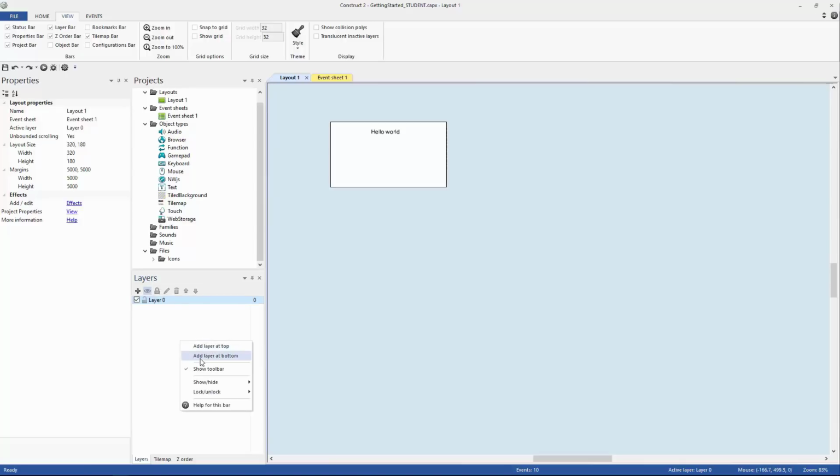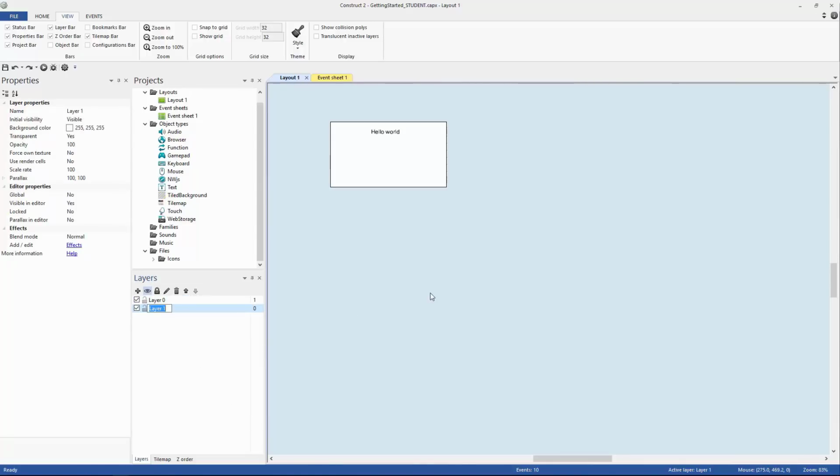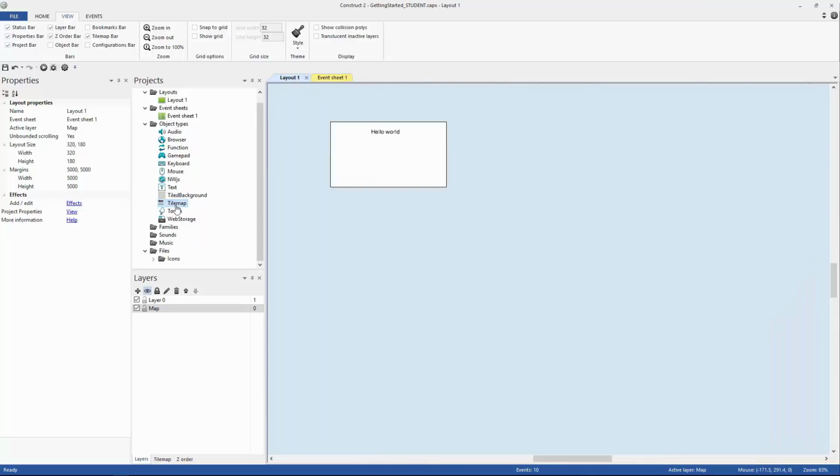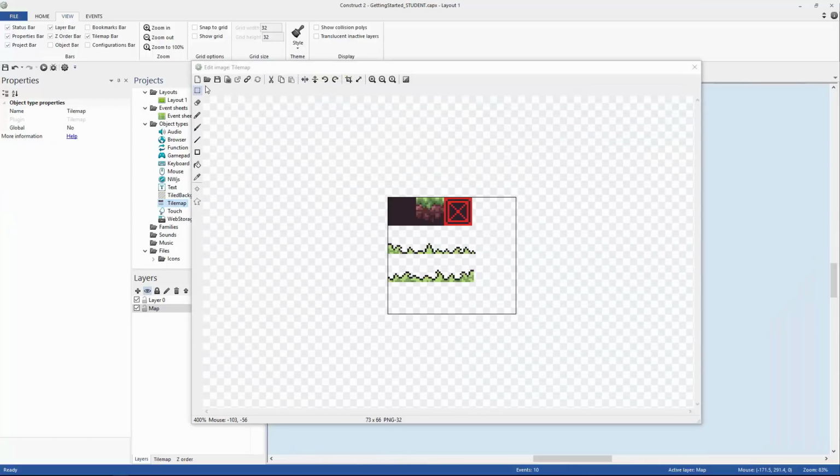So to do this, I'm going to make a new layer. I'm going to add a layer to the bottom, and I'm going to call this map. Now you're going to notice that I already added in our tile map object. To do this, just click on tile map, double click, and it's going to bring you to a screen that looks like this. From here, just open up, after you download the sprite sheet below, and import this sprite sheet. We have a solid rectangle, a grass tile, an interesting red rectangle here, and some top grass tiles